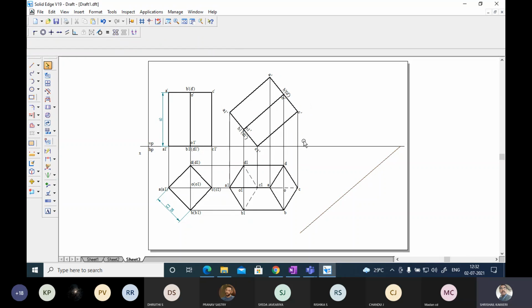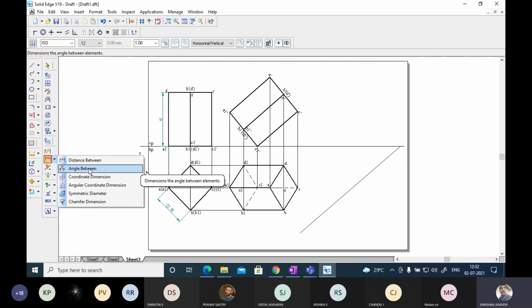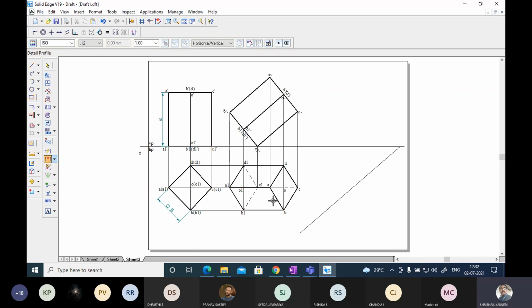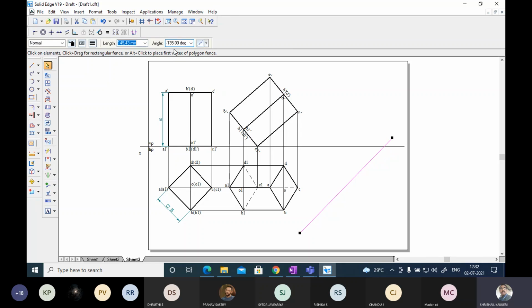And if you want to confirm yourself, you can measure the angle also. What is the angle they have given us? 45 degrees, right? 45 degrees means it should be 135, minus 135. You can measure this angle, it will be 45 degrees. Then only it is correct.